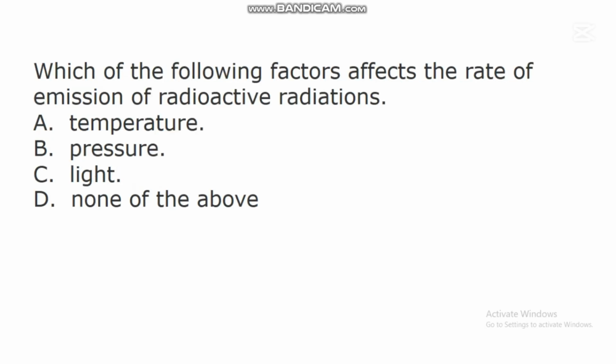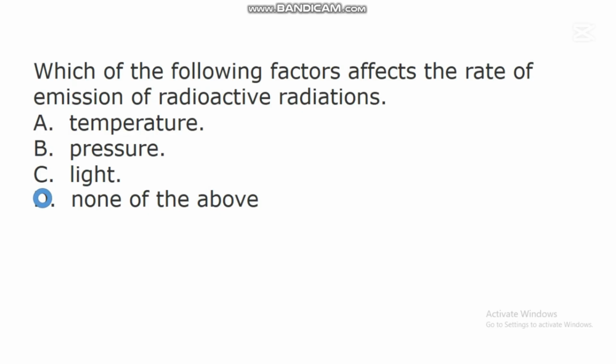The next question says, which of the following factors affects the rate of emission of radioactive radiations? A. Temperature. B. Pressure. C. Light. D. None of the above. In this question, the correct answer is D. None of the above. Research has shown in nuclear chemistry that